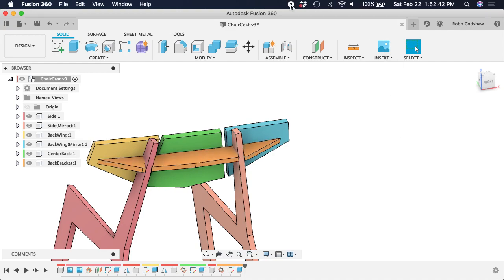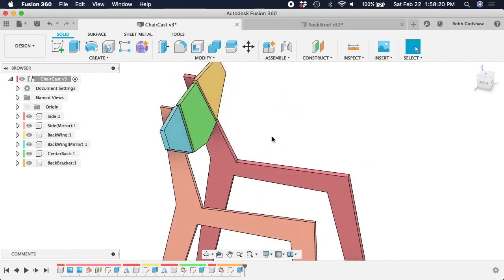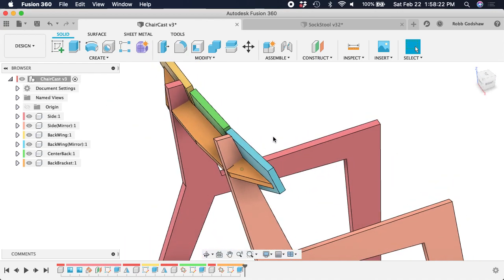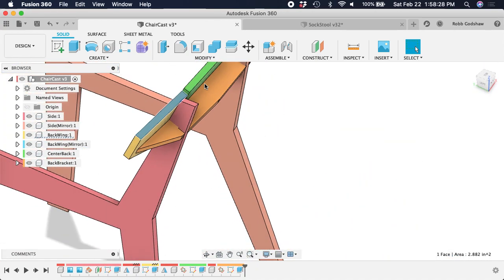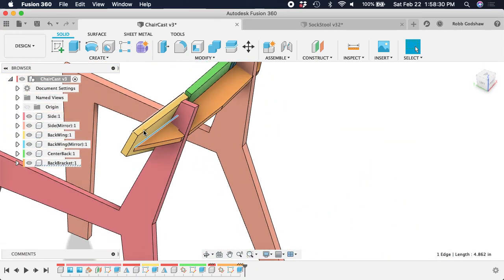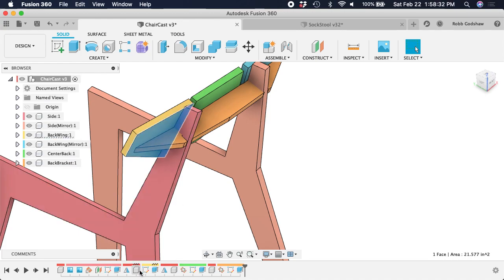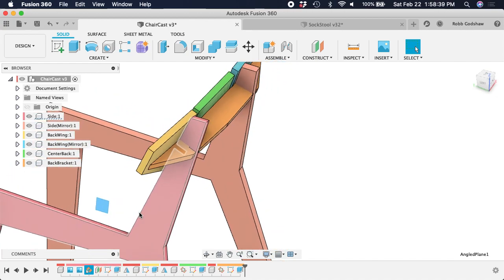Cool. I'm going to pause this. The first thing I want to fix is, I don't like the angle of these. I don't think it's enough. So if I go back in time